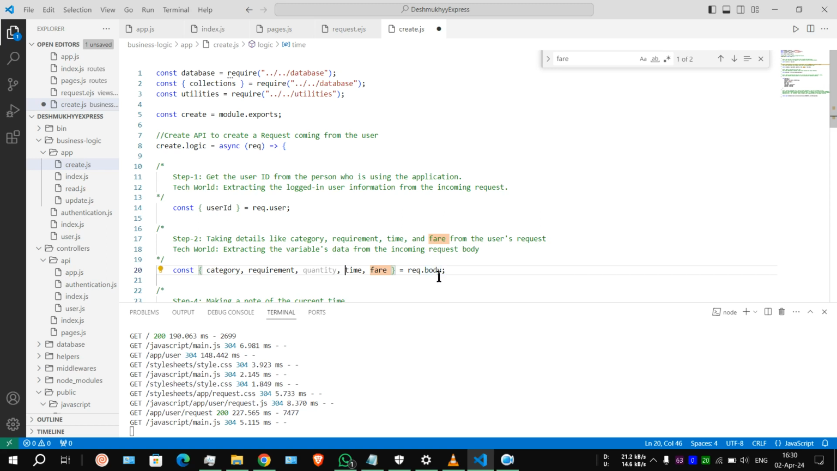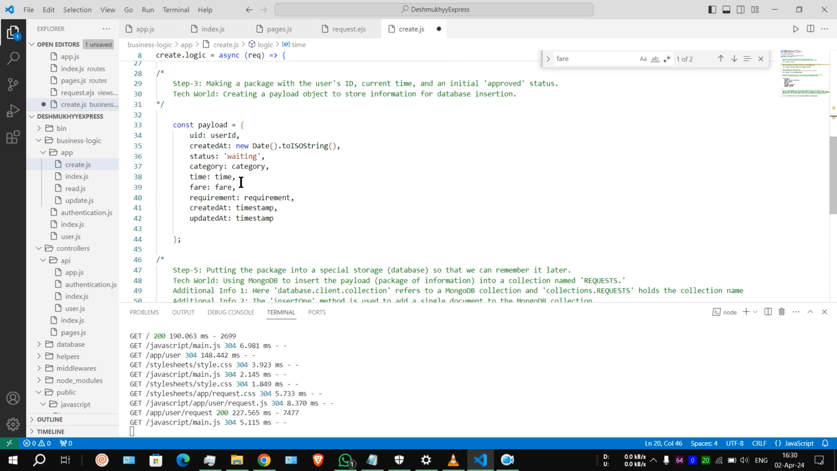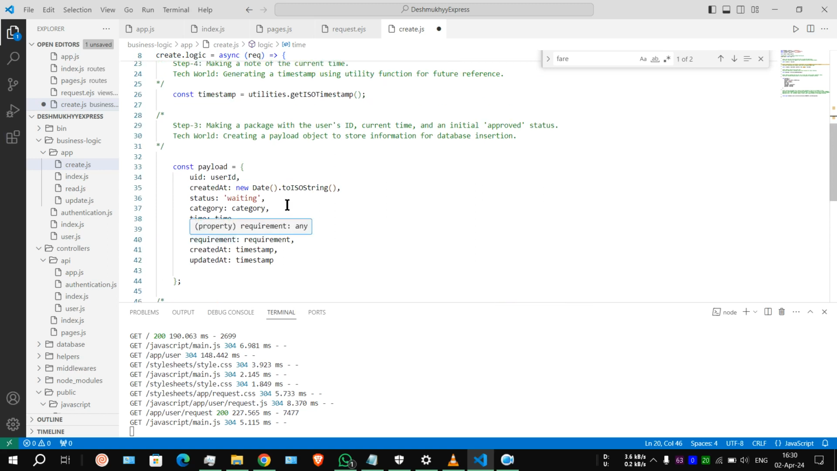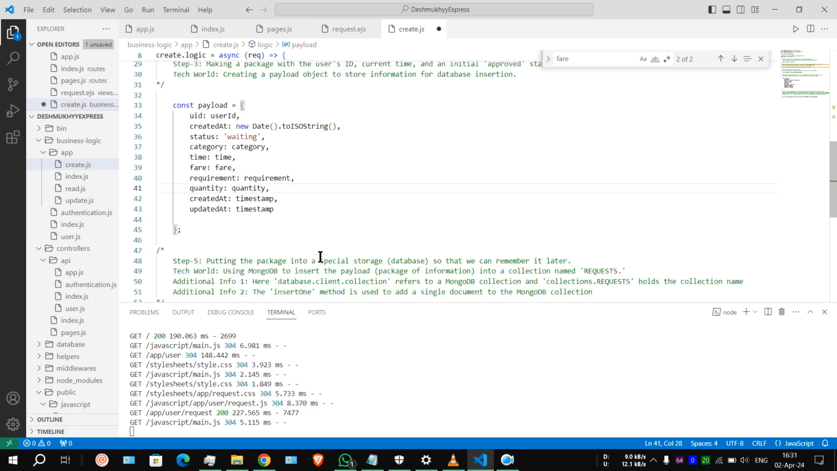So whatever we are going to put in the form, it will just pass into this category, requirement, quantity, time and fare. So let's go to the quantity we have just put in here. So we have to put this quantity variable part in the database. So let's see, we have to add here, category, after that requirement, requirement, quantity, and here you can add quantity. Okay, so I have added this quantity part here,